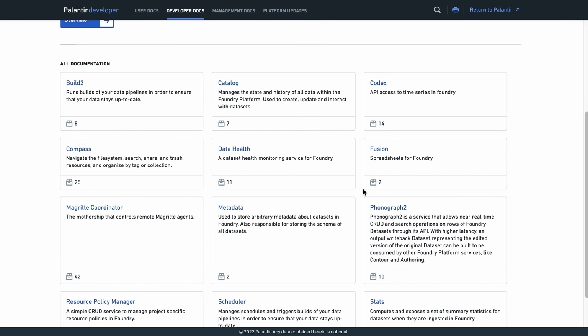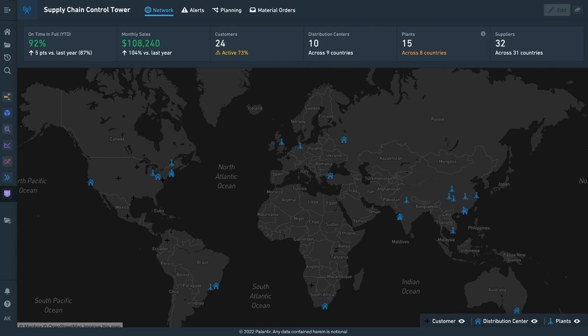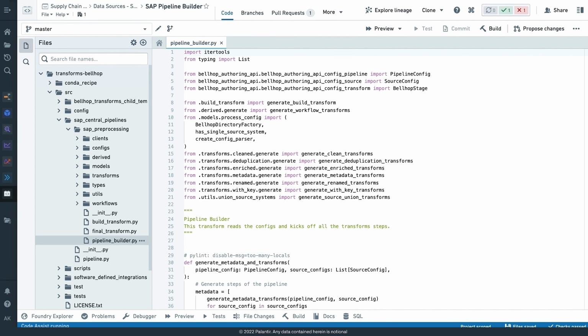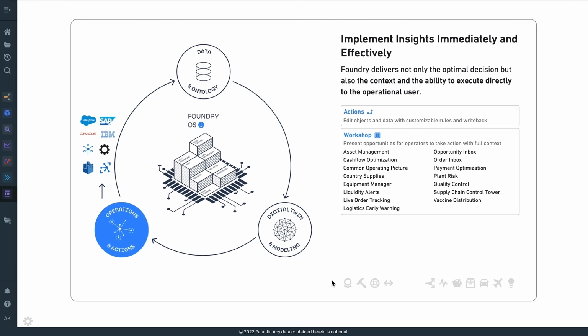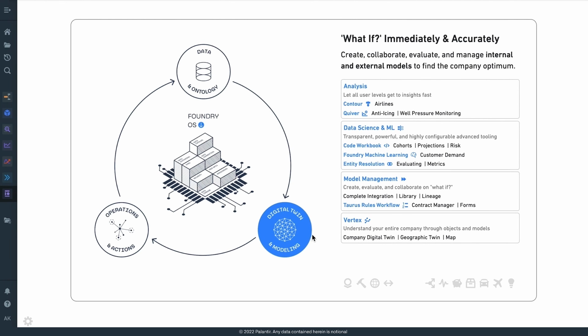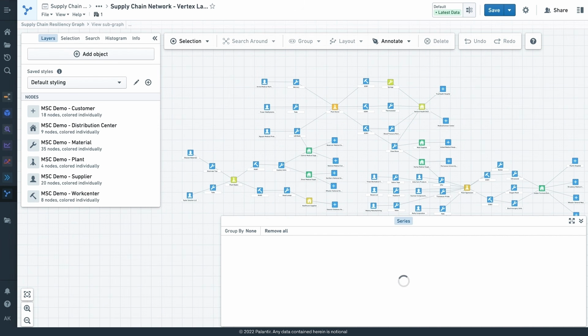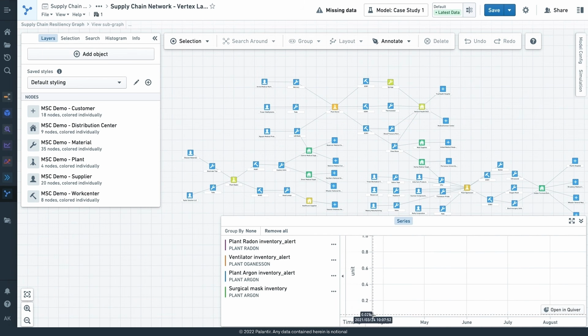Awesome. Now I have one last thing to show you guys, and then we'll sign off here for this particular demo. And that is how these things start to come together in a more strategic digital twin paradigm. So what I'm going to open up here is one final application in Foundry that we call Vertex. Vertex is like the map application in Foundry, the graph application you might think of, right?